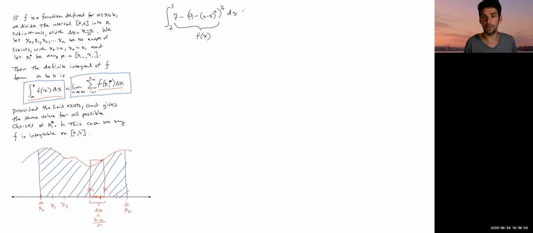And so this thing here is equivalent to the limit as n goes to infinity of the sum from i equals 1 to n of f of x_i star delta x. We'd have to go through and name our sample points, define what x_i is, what delta x is, and all that kind of stuff. We're not going to do that. Instead, we're going to remember that this represents an area. So let's look at this function. I'm going to write